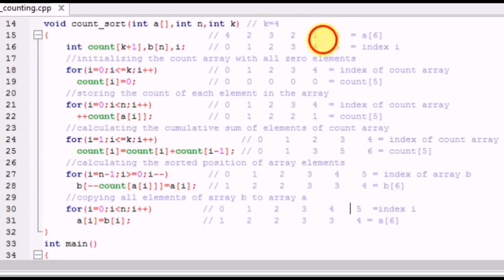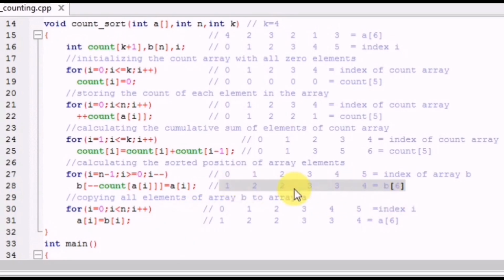Now let's move to the second last element, that is 1, right? Now we are going to the index 1 of the count array, that means this one, and the element is 1. So we will decrement it to 0, and at the 0th index of array B we are storing this value 1, right? Now the element is 2, and we are going to the index 2 of the count array. The value is 3, it will be decremented by 1, so it will be 2, and at the second index we are storing the value 2, right? In the same way we will store this value 3, 2 and 4, and we will get this array B as a sorted array.